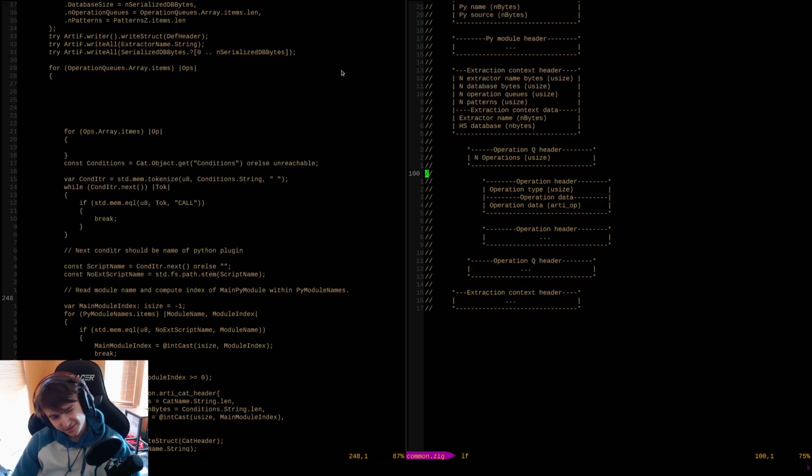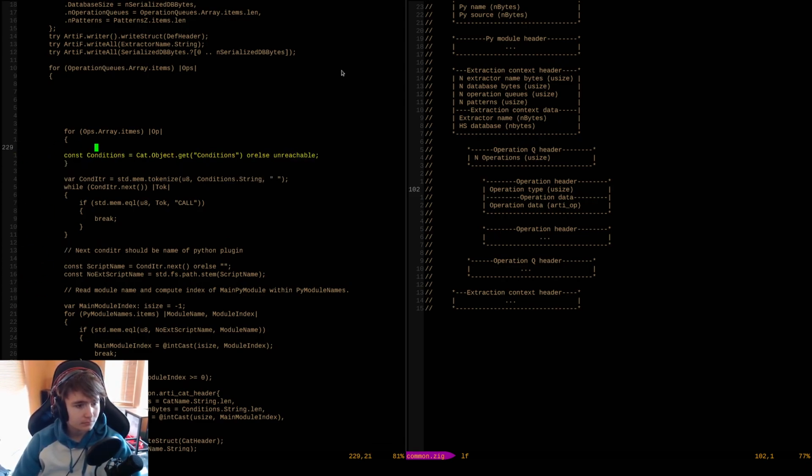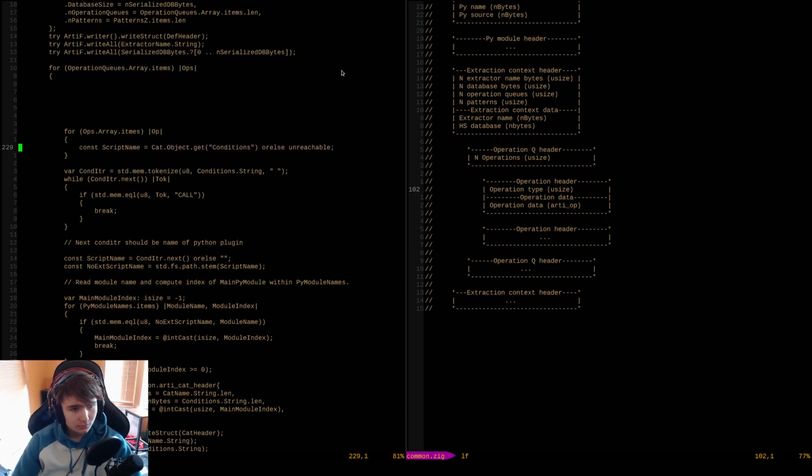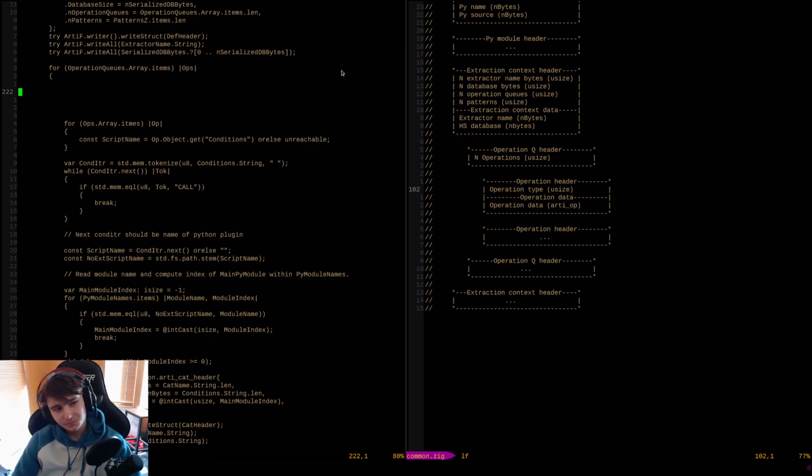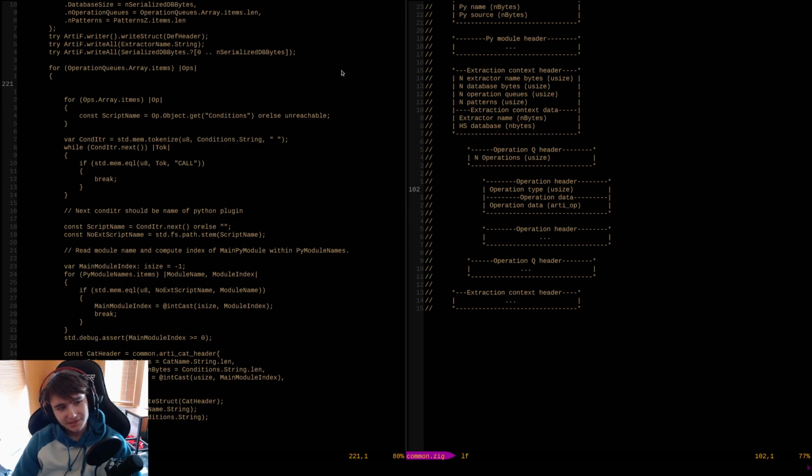I serialized the script name. I should have serialized the script name. So that now lives here. This is op.object.get. And it may contain the type. So I might need to